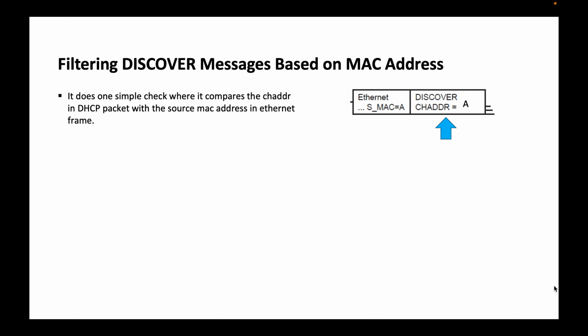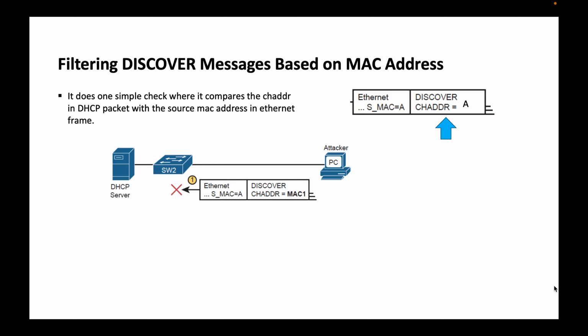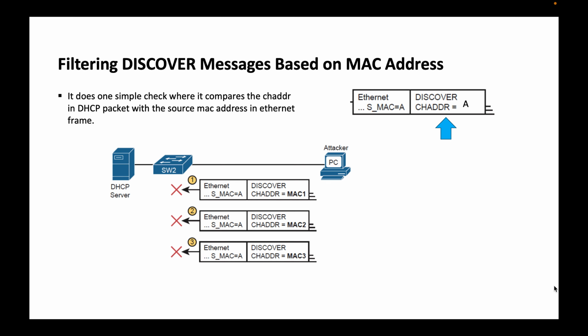So when an attacker attempts to lease all the subnet addresses by overloading the DHCP server, it uses a fake MAC address A in the Ethernet field and different CH address values in the discover field. So from a DHCP standpoint, each message seems to be from a separate client or separate DHCP request. The attacker can attempt to lease every IP address in the subnet so that no other host could obtain a lease. DHCP snooping defeats this type of attack